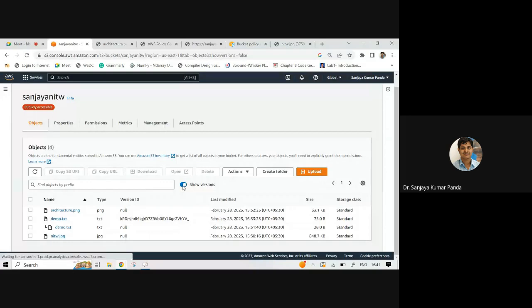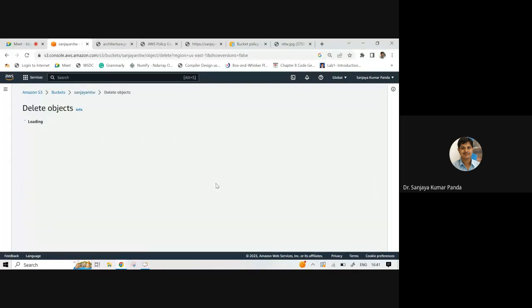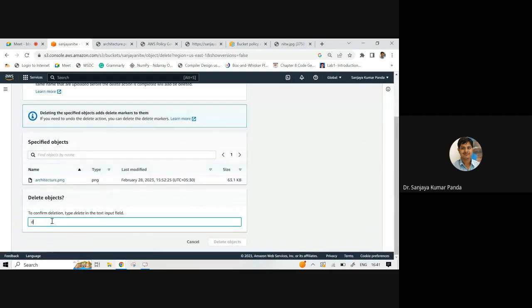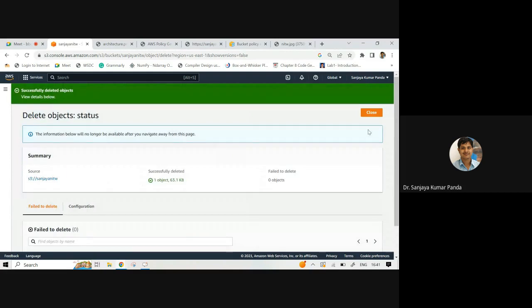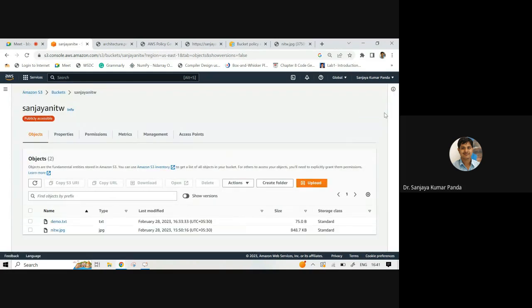Simply, you have to see here that one of the objects you have to delete. For example, architecture.png. I am deleting this file unintentionally. If I type here delete, then it is going to be deleted. You can see now the file is deleted. Show version is not enabled here.